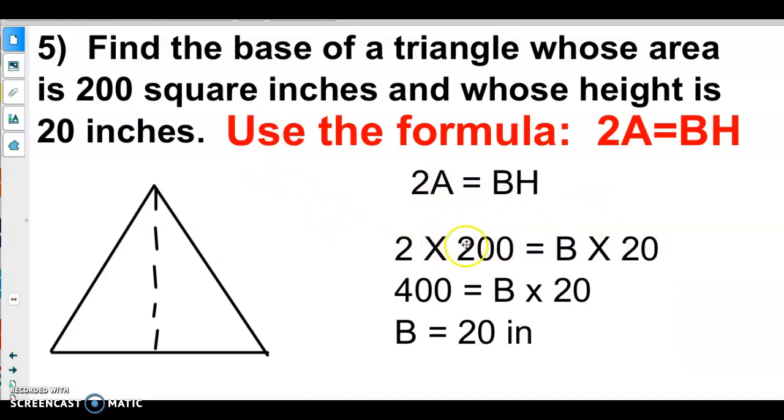2 times the area equals the base times height. I multiplied the area by 2, and then I divided that number by the number that's given, the height. So I divided 400 by the height, by the dimension I was given. And that helped me to find my